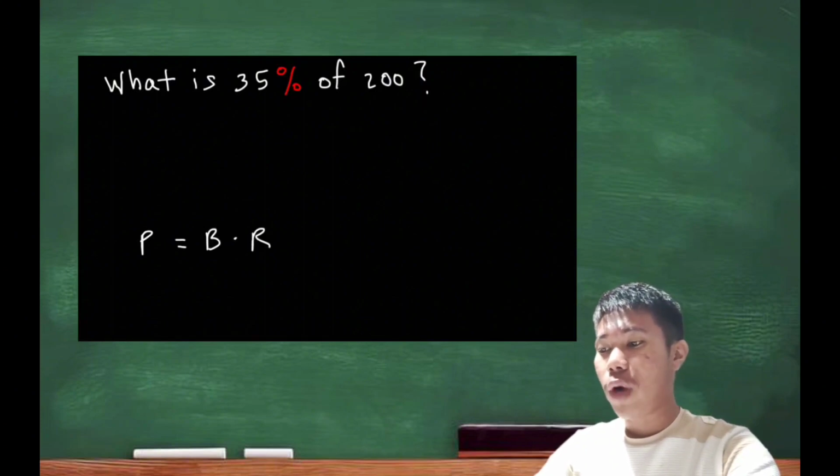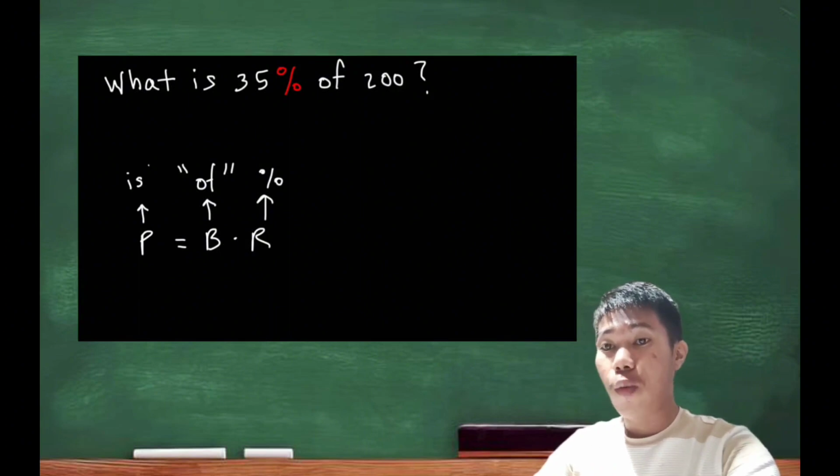Now you need to know what is the percentage, what is the base, and what is the rate in this problem. So the base is the number that is associated with the word of. Then the rate is the decimal form of the percentage, and the percentage is the number that is associated with the word is. So looking at this problem,